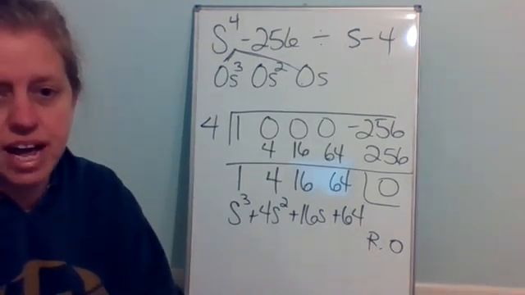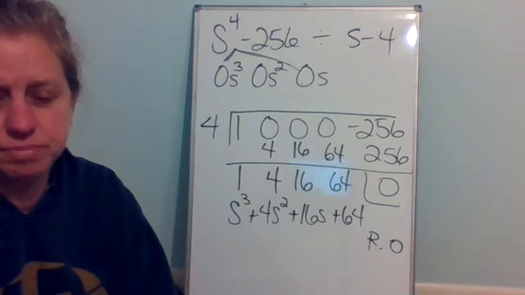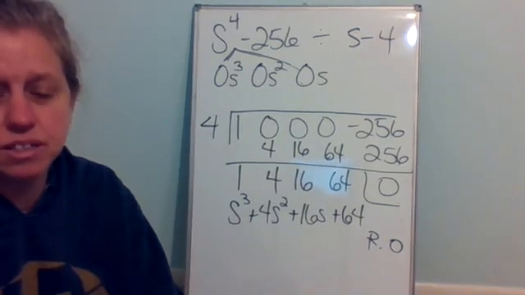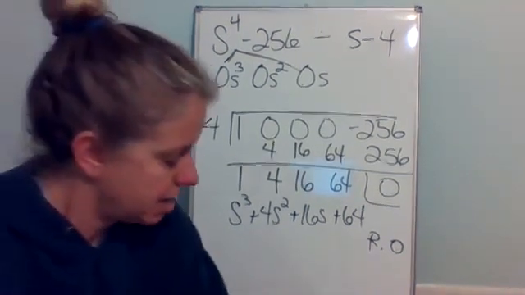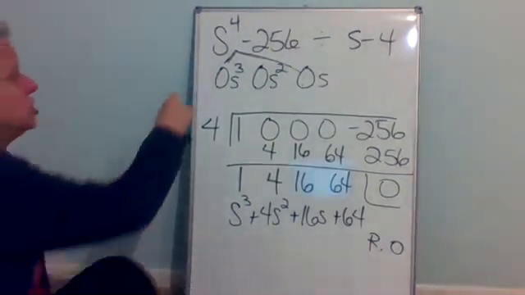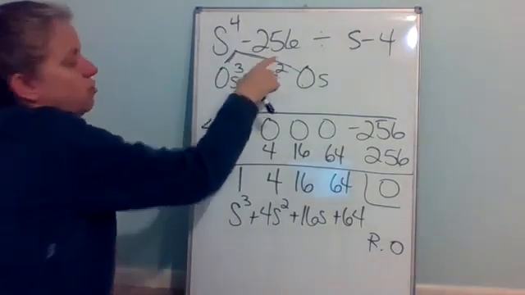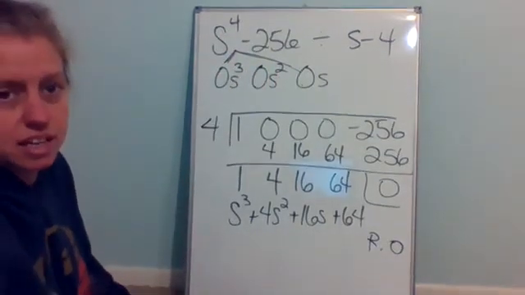Ms. Hanson, before you go, can you do that problem again for me? I've been having problems with my internet popping in and out. Yeah. Okay, so it started off just s to the 4th minus 256. Uh-huh. Okay,